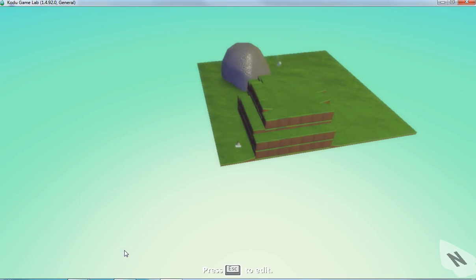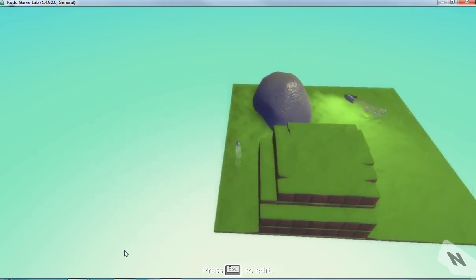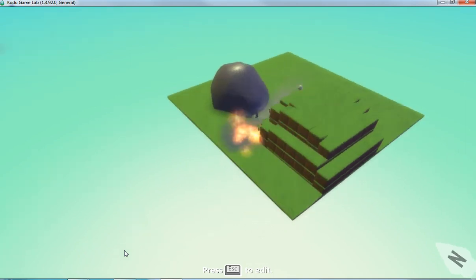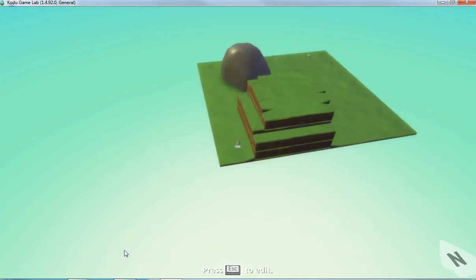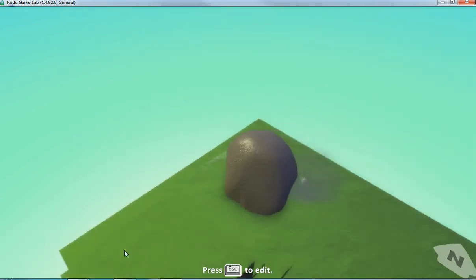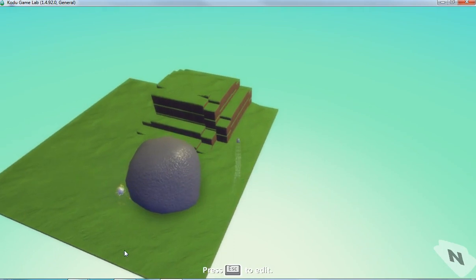So now when we play it, Octopus is over there moving on his path just fine. I'm going to move out here. He's going to see me, turn to shoot at me. He just killed me. I shouldn't let him do that. So he's shooting at me. And now when I get back out of the line of sight over here,